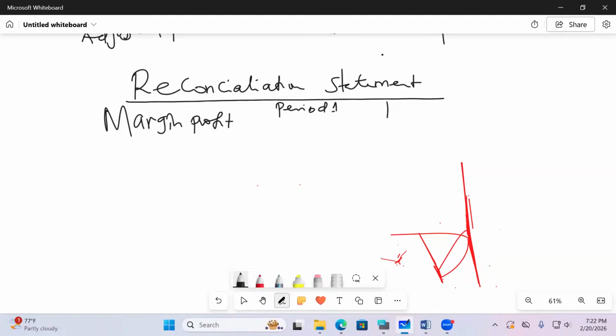Period 1, period 2. So you guys have your marginal P and L. Do you remember marginal P and L? Are you able to give me the period 1 profit? This is 700,000. How about period 2? 1 million. 1.4 million. So then what you'll do, you'll come and give me the fixed overhead,